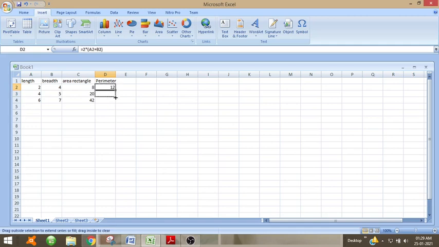Now you can select and drag, then you will get the perimeter for all the rows.